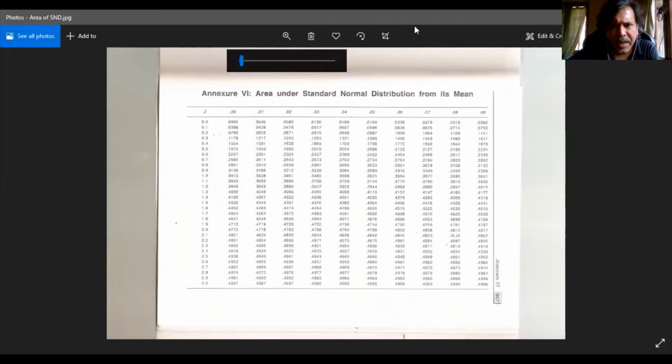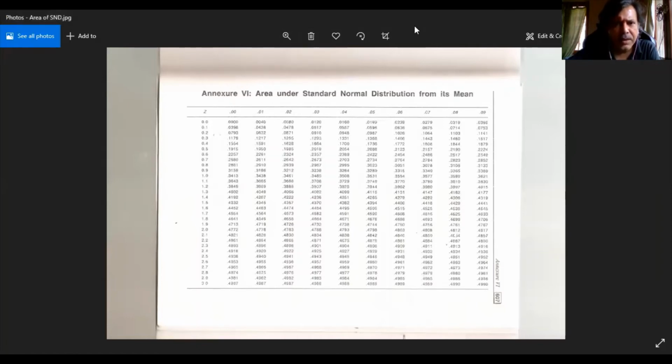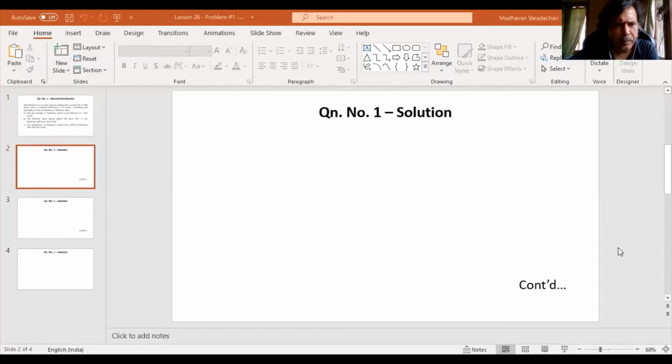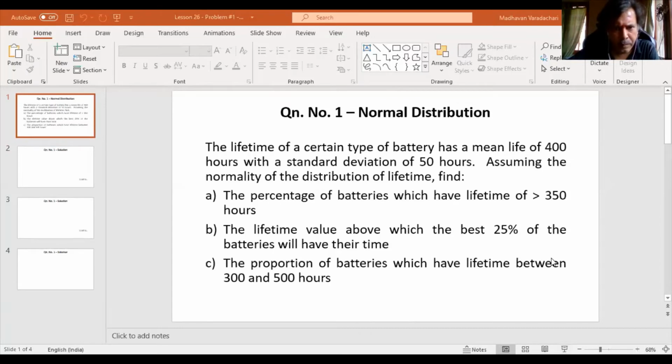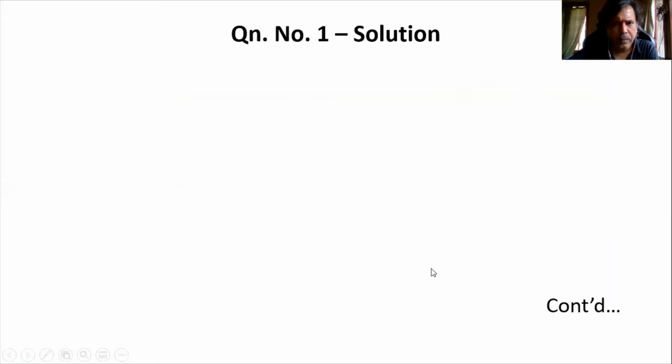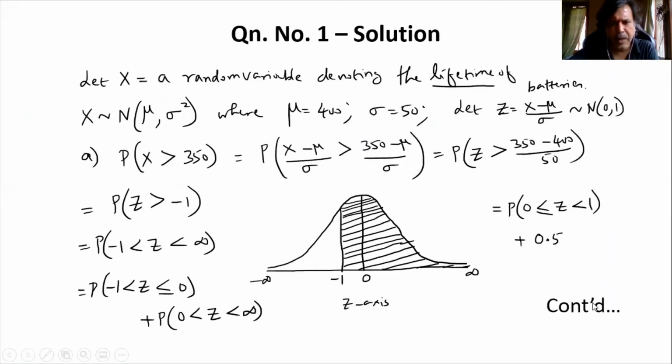So let me stop sharing the screen and go back to our slides. Yeah. So here for the first probability, I will write 0.3413,